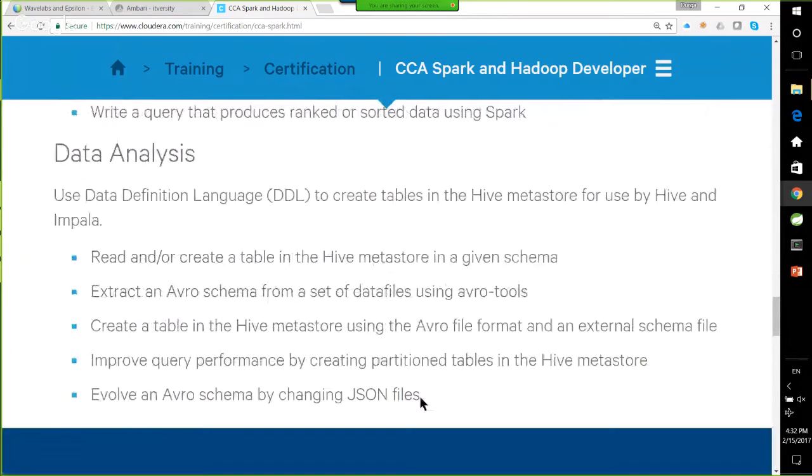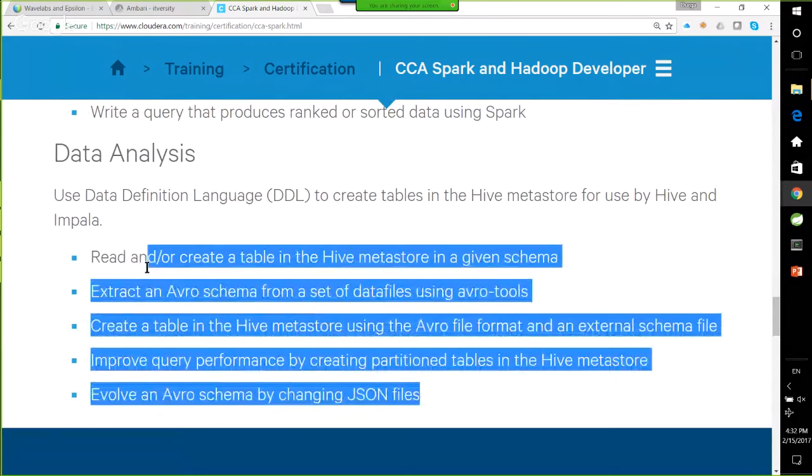And then when it comes to data analysis, it's primarily DDL to create tables in Hive. They don't ask any complex SQL or Hive queries as part of this exam. By clubbing these two and covering the curriculum of these 2 courses, I'll be covering Hive completely, because Hive is required for CCA Data Analyst and Spark is required for CCA Spark and Hadoop Developer. And then there is a common curriculum between the 2, which is Scoop. So we'll be covering multiple technologies in depth while covering these two certifications.